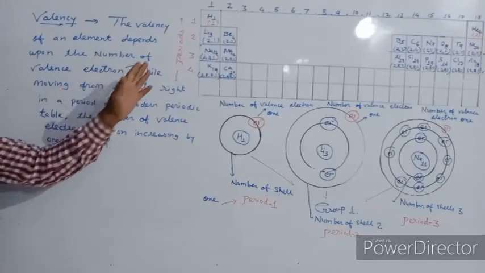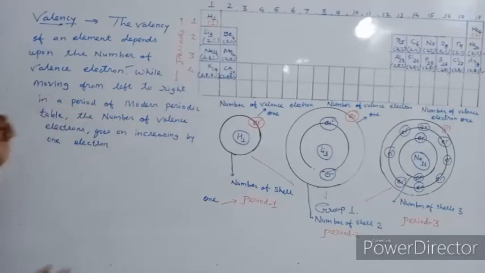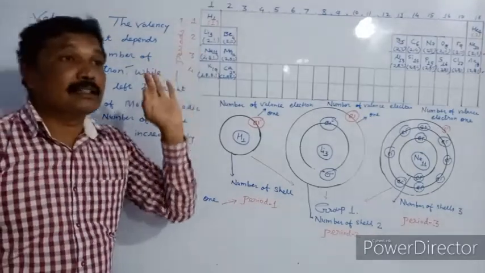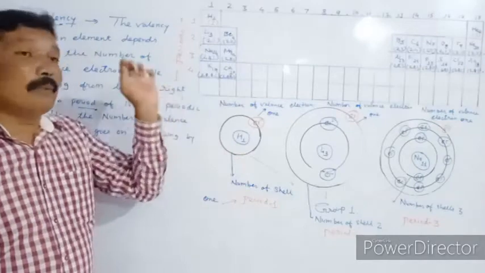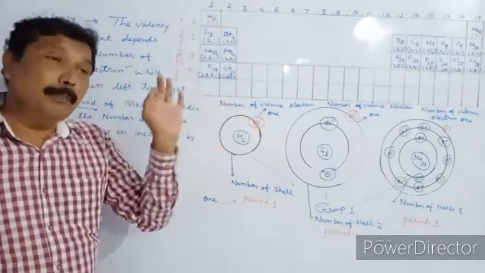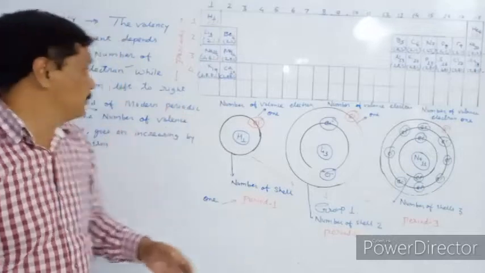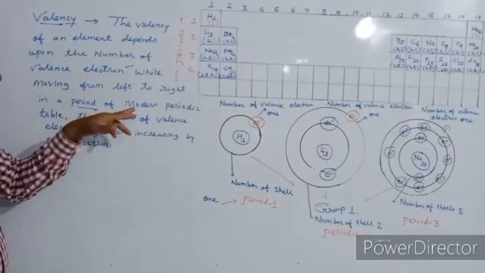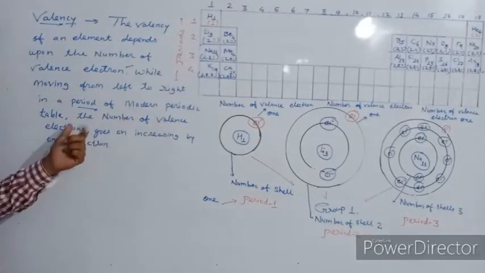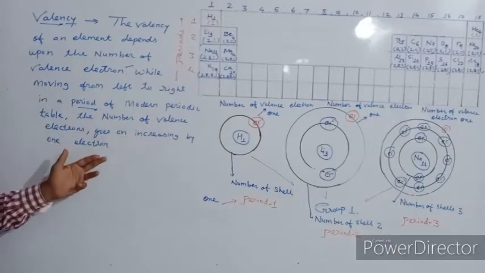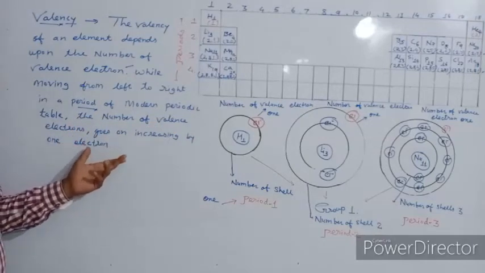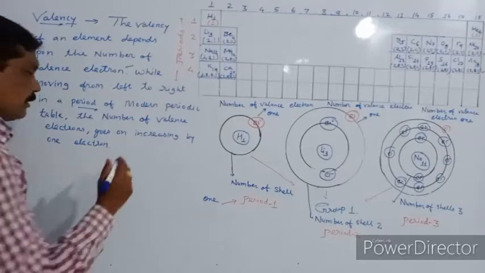While moving from left to right in a period, it means that if we consider the elements from left to right in a period of the modern periodic table, then what can we find? The number of valence electrons goes on increasing by 1 electron. For example,